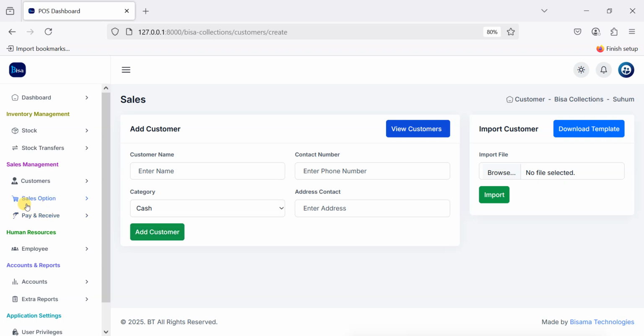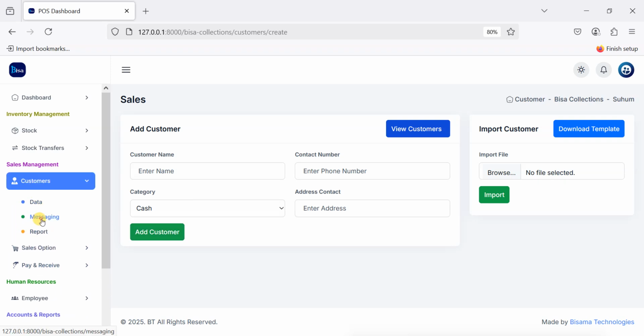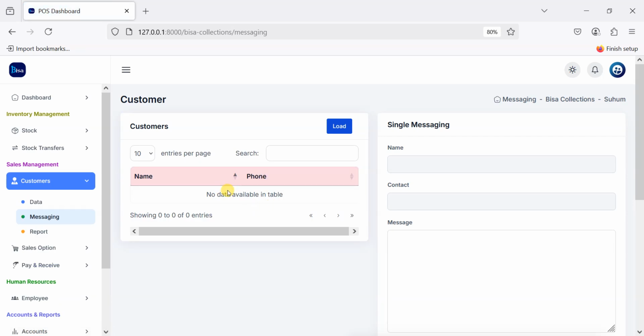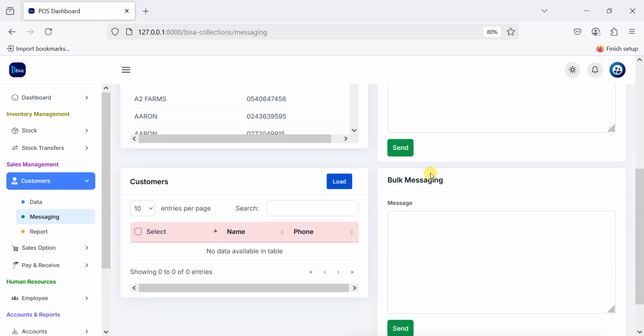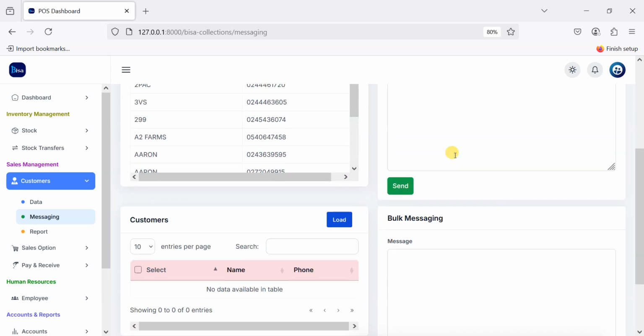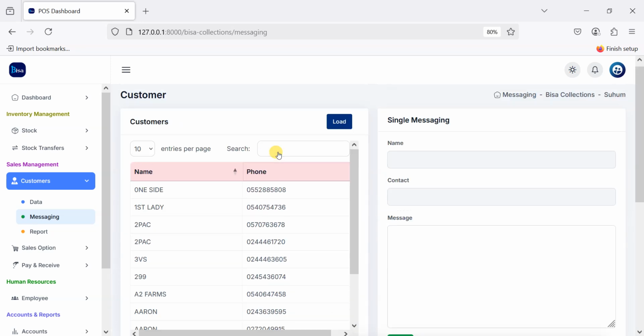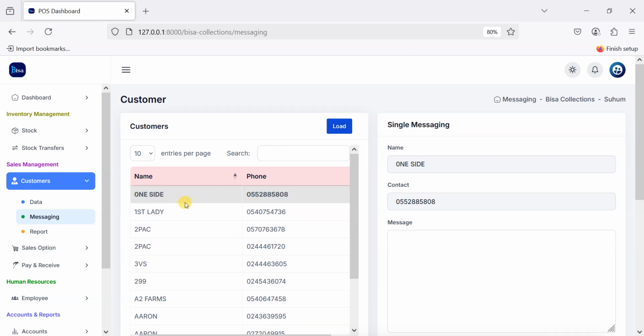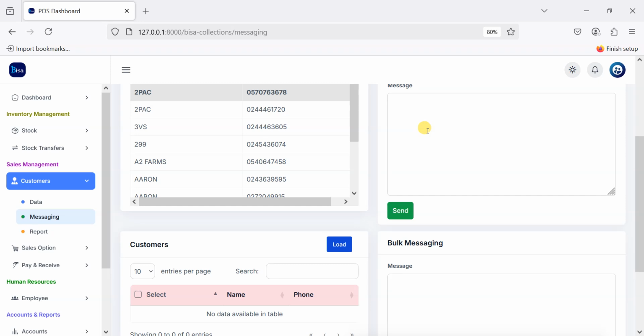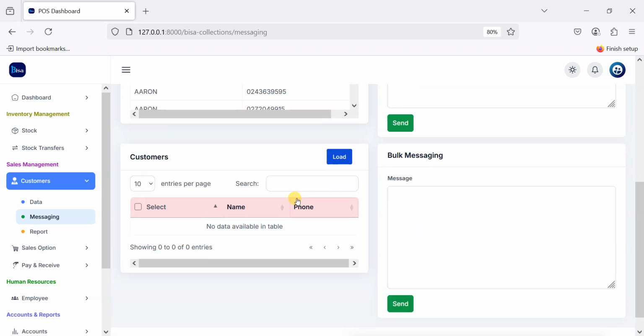Alright, now let's look at customer messages. Once you subscribe to our messaging system, you'll be able to send messages to all your customers or some of your customers, depending on what you want to do. If you want to send to a specific customer, you just click on the customer record, then you send the person a message. If you want to send to all your customers, you just load all your customer details,